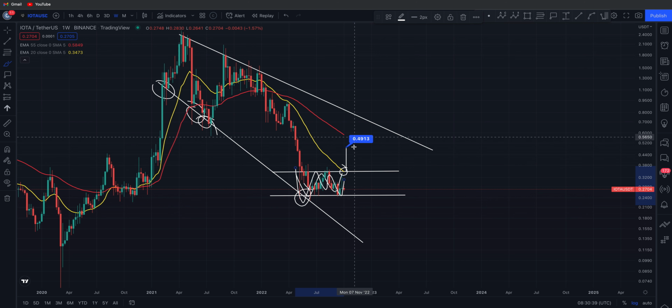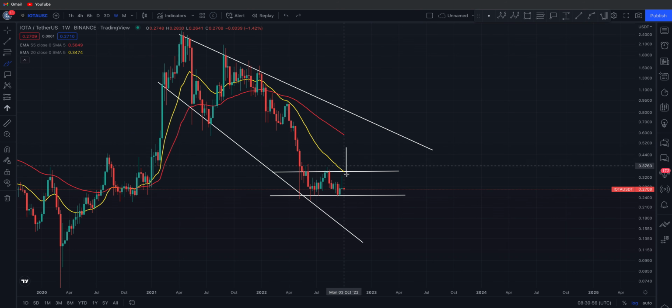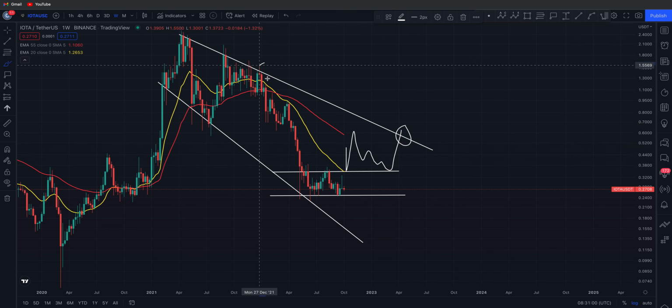Okay, break the 20. For me, that's your long shot and your potential run up to the 55, with potential overshoot to this resistance line. Okay, this descending on us right now. If you was to see Iota start to do such a thing, okay, if it did something like this, started to come back for support, and eventually broke out of this trend line, okay, and started to close above this trend line, right, and hold that as support,